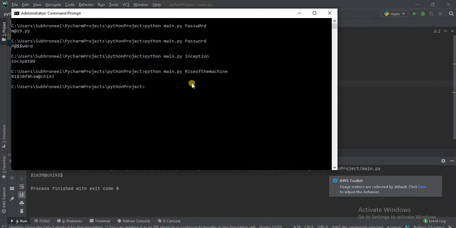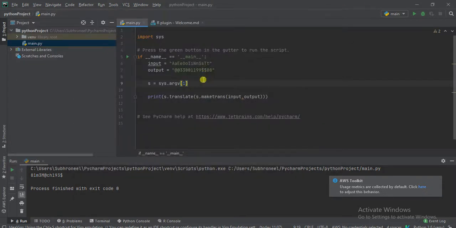See how we get this encrypted with special characters. And if we change the case, it will not affect the result, because we have included both lowercase and uppercase.